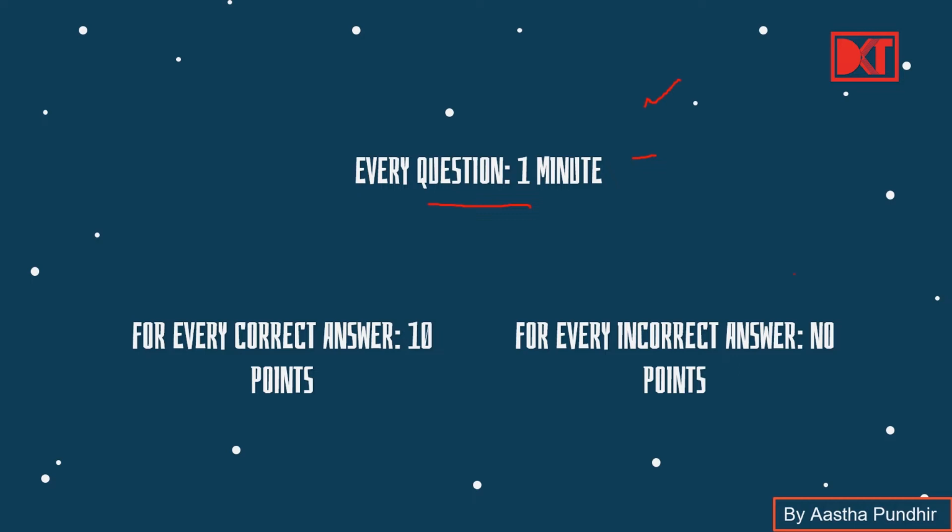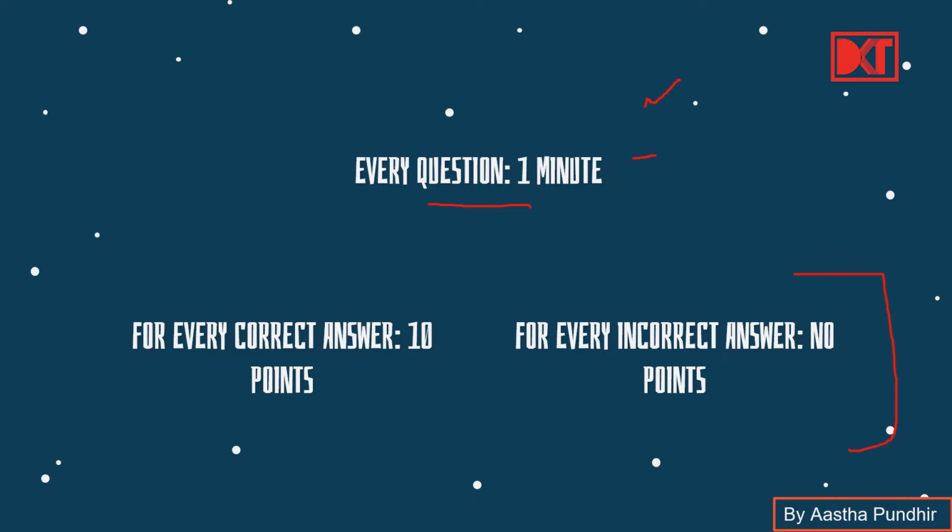Here you see, for every incorrect answer, no points, because there is no negative marking in IEO. So it is important that you attempt all the questions. Now for a question of which you are not sure about the answer, even in the exam, if you think that B option might be correct or C option might be correct, you should play your luck and play your mind and make a guess and still give an answer, because it is a